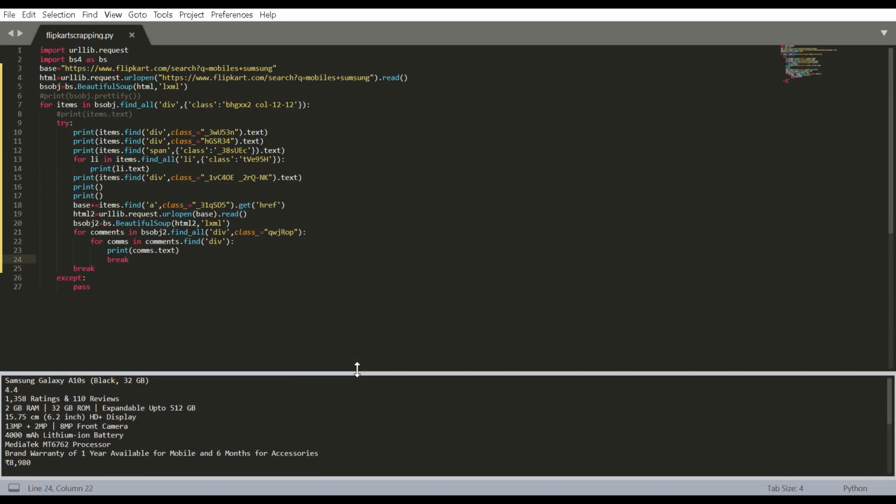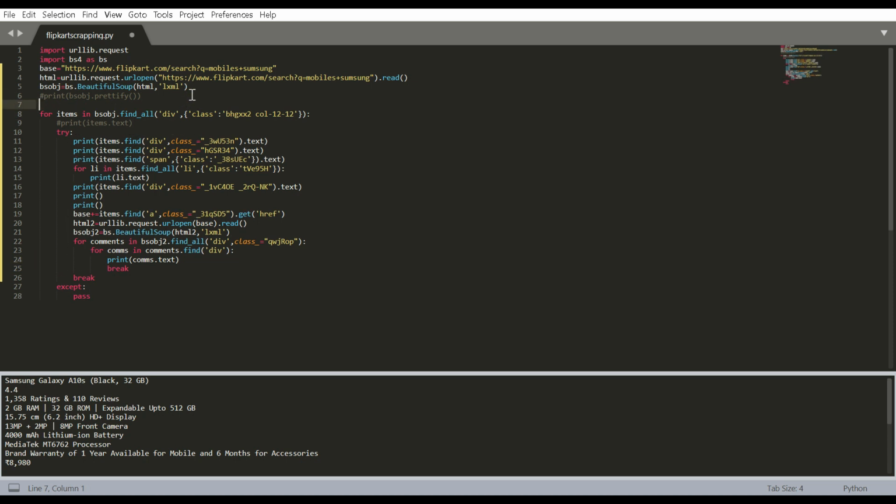Now what we have to do is store everything in a dictionary. You can store it in a CSV format, that is a data frame, but I'm quite comfortable with storing it in dictionaries or JSON formats. So for that, let's create a dictionary named, let's say, data.